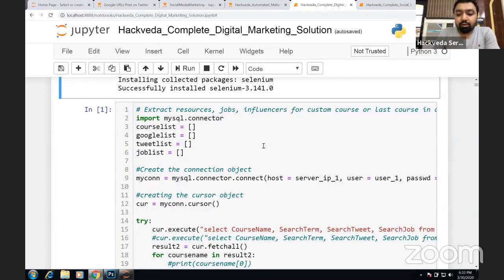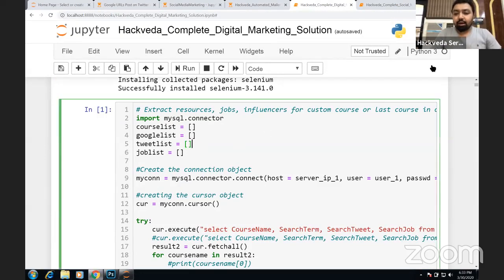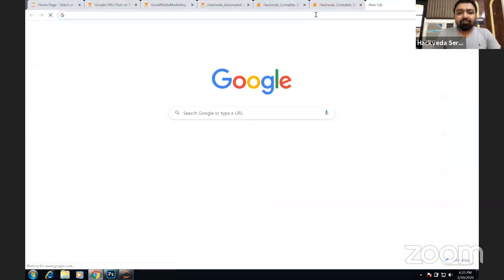Now, what I need to do here, I am writing a quick code here. Here what we are doing is, we are going to extract the information of the products which is available in our database. To do this, we have imported mysql.connector. This library is required so that you will be able to connect to the database where you have all your products information available.